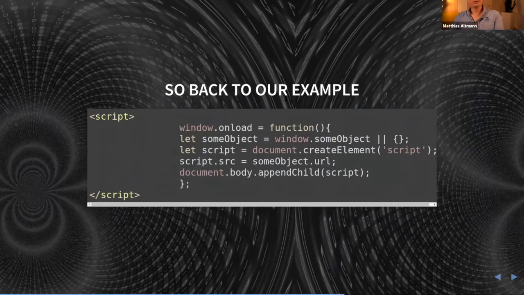So back to our example. If we have this code snippet and we have window.someObject, the original intention was to use the own object which was defined in the global scope. But if we now use our knowledge about HTML collections and how you can inject them, we can see it in another way. We can see this is an HTML collection, defined by the name someObject.